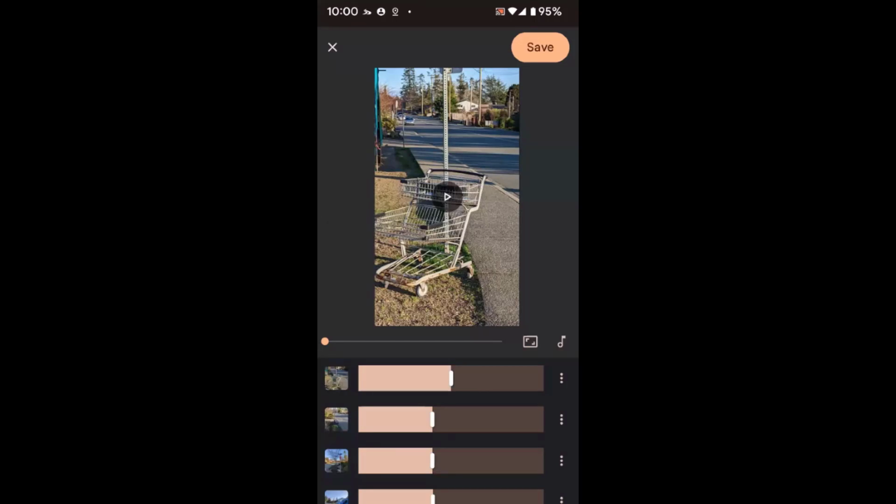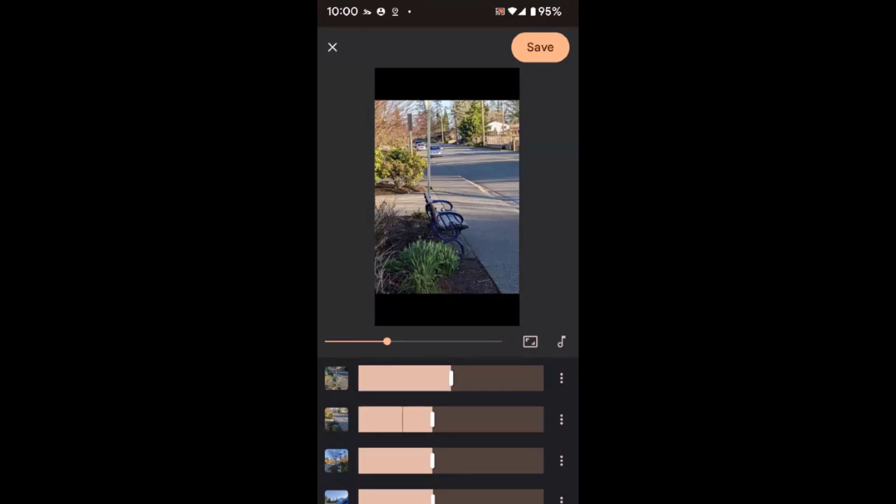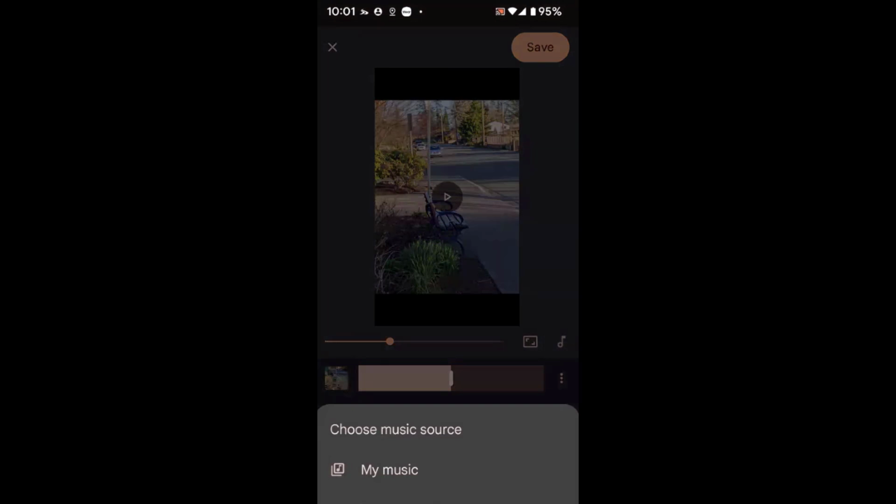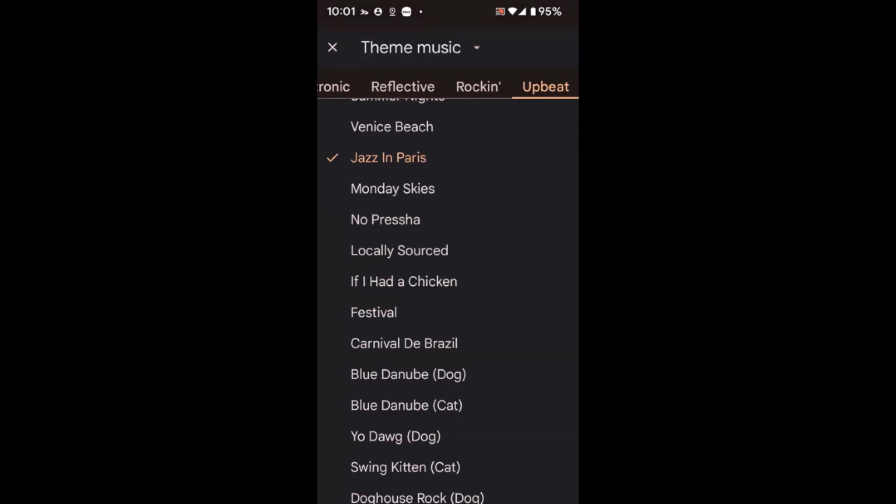And again, here we have the same situation. If you can see that if we play this now, it's going to play with our music that we have. If we come over here to the music button, we can of course choose the different movies that we want to change. I have Jazz in Paris, but we could change it to a different